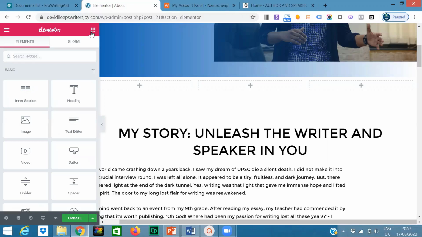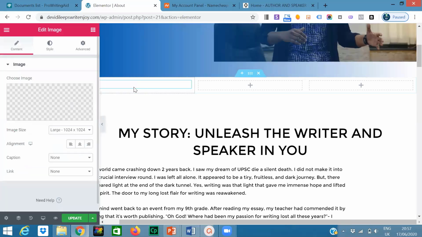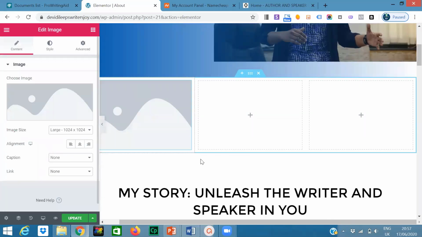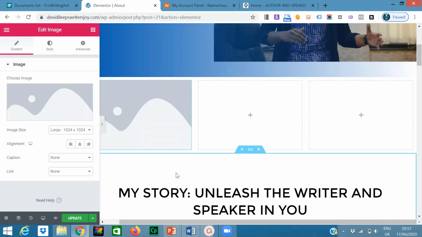Here is where you can pick what you want to insert in these plus symbols, right? Maybe you want to add an image, or a heading, or some text, or a button. Let us do all these 3 now. Just drag and drop the image into one of them. Just pick the image, click on that one, drag and drop it there. So this becomes an image. Did you see this? This is how you edit.